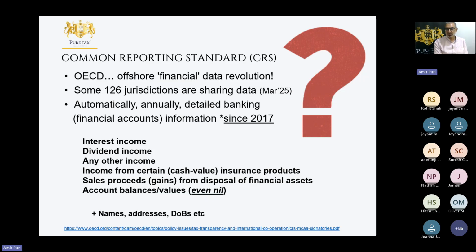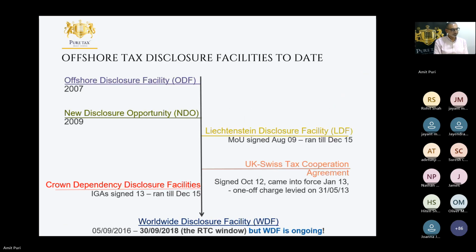They started in 2017. Your likes of Switzerland, Monaco, Pakistan, UAE, Singapore, the other sort of finance houses, or where the types of people that we deal with a lot, they started to share information since 2018. So it's not something new. It's not a surprise. This rich information has been coming to HMRC for a long time. And this is what HMRC use to send out when they flood the market with their letters that say, we think you've got a bank account overseas. Do you want to do something about it?